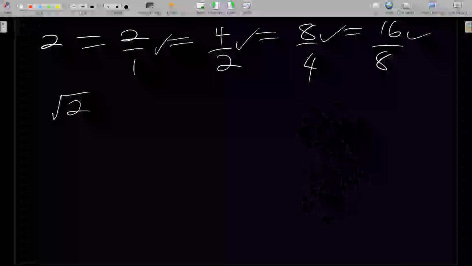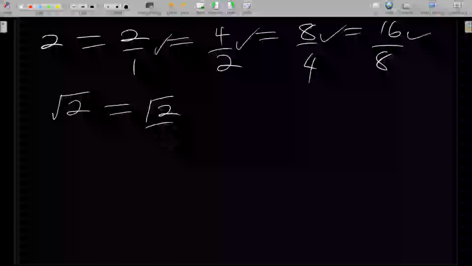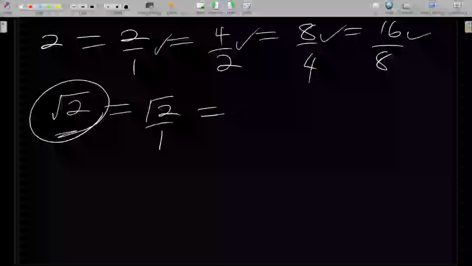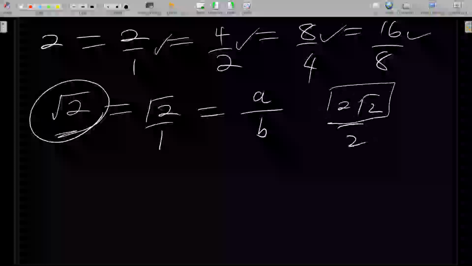So square root of 2, yes, one will say that this can be written as square root of 2 over 1, but square root of 2 over 1 is the same as this. You've not changed anything. So now the question is, what two numbers, let's say a and b, should I divide that will give me square root of 2? It really becomes something else. You might do something like 2 root 2 over 2, but the square root of 2 here is already irrational, and it's involved in this.